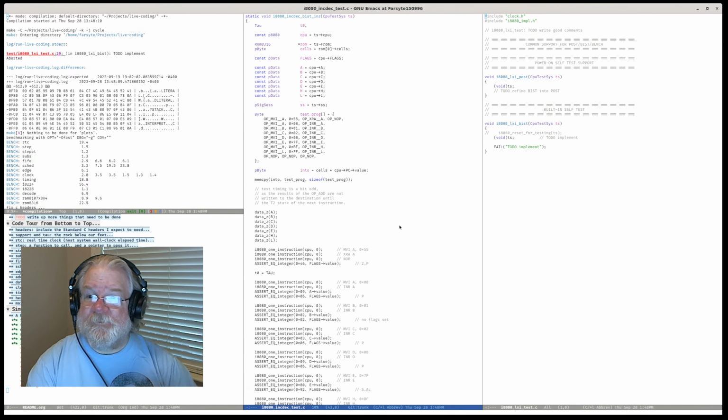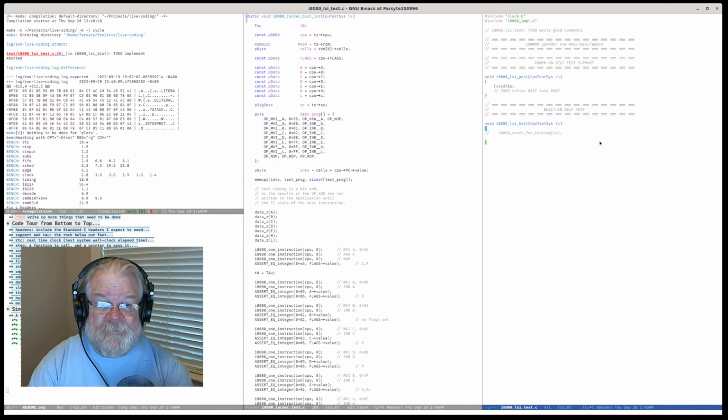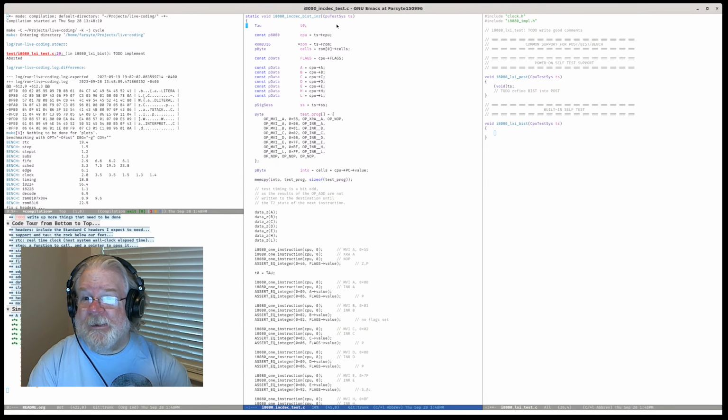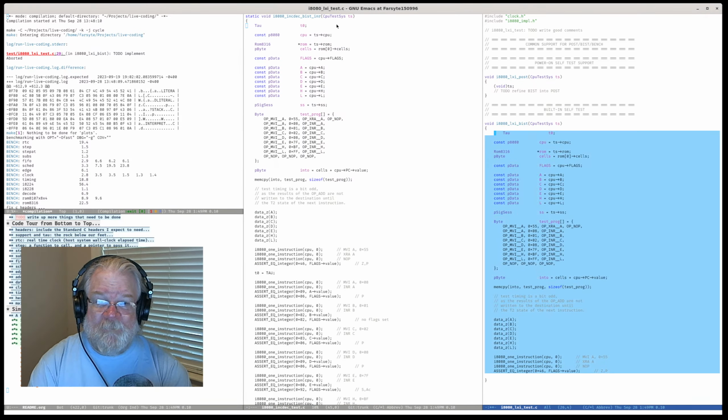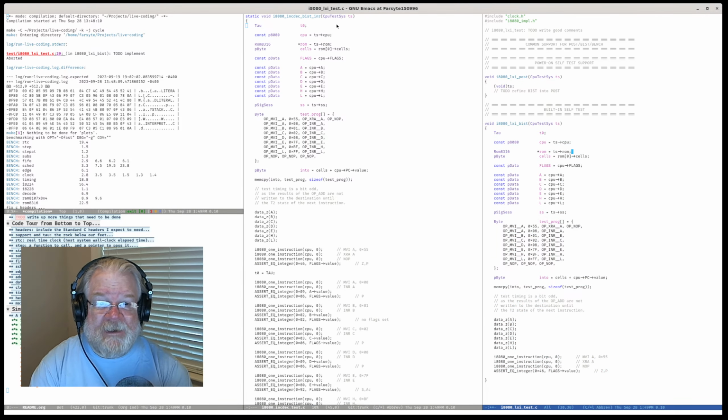So the pattern looks something like this. When we come in for the top, the CPU is reset, so I don't need to reset it. I'm not going to be running several subtests, so I don't need to reset before each of the several subtests. So we're just going to do that, and I'm going to copy in all the way down here to where we actually start doing something. We'll replace that something with the right stuff.